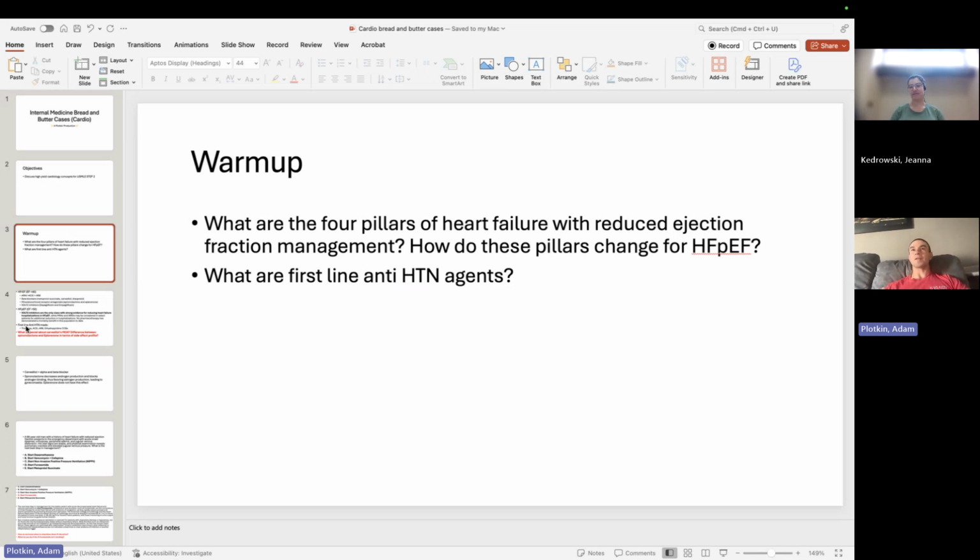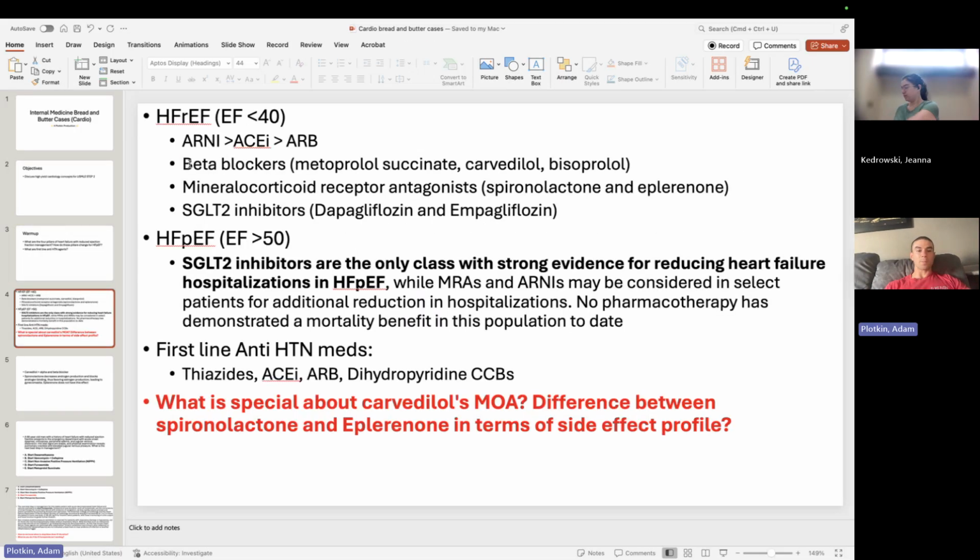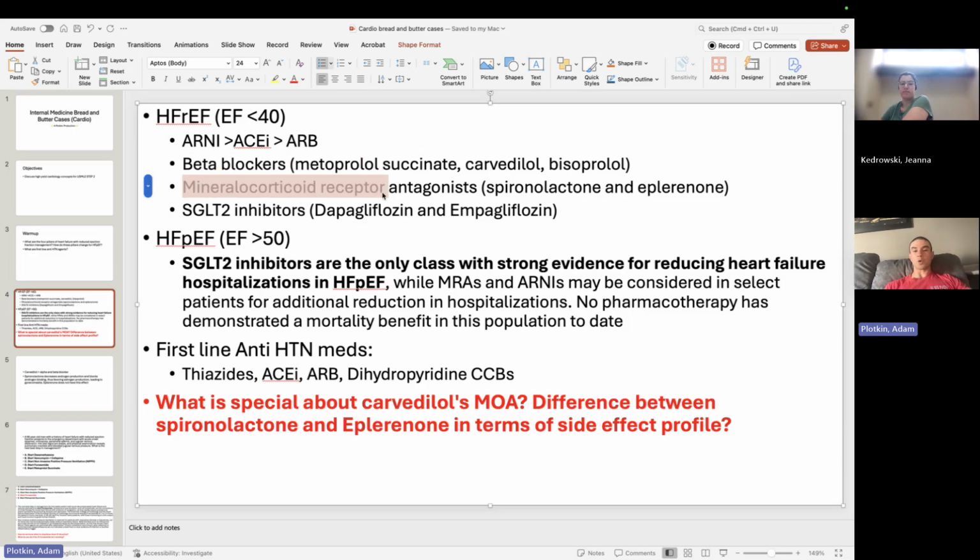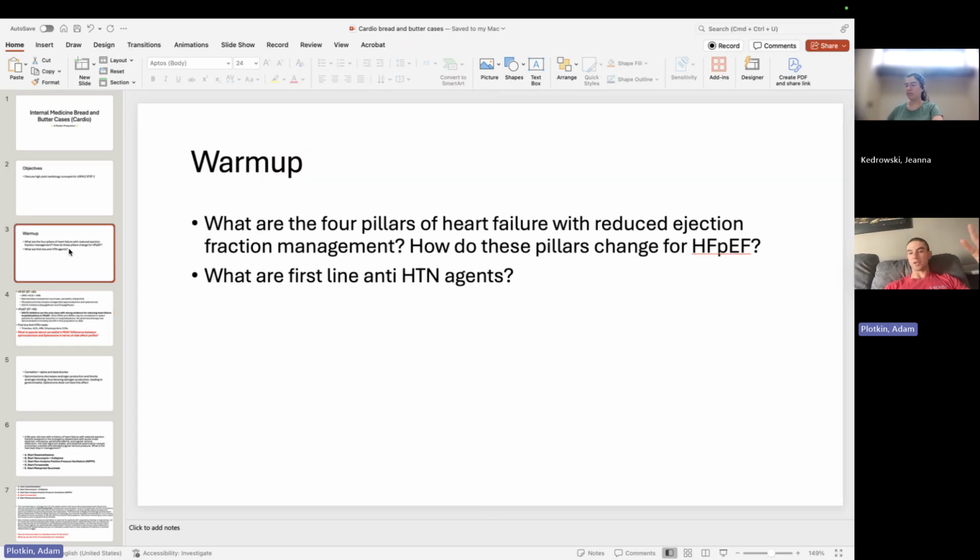So the reason I ask that is because MBME is getting really good, and they will put a patient with HFrEF, and they'll say, which of these drugs should we put? And 3 of the answer choices will be beta blockers, and you're like, which one? It's got to be one of those: metoprolol succinate, bisoprolol, or carvedilol. Okay, so that's one. There's the beta blockers, and the mineralocorticoid receptor antagonist. Do you know the 2 major types? Spironolactone and eplerenone. Yep.